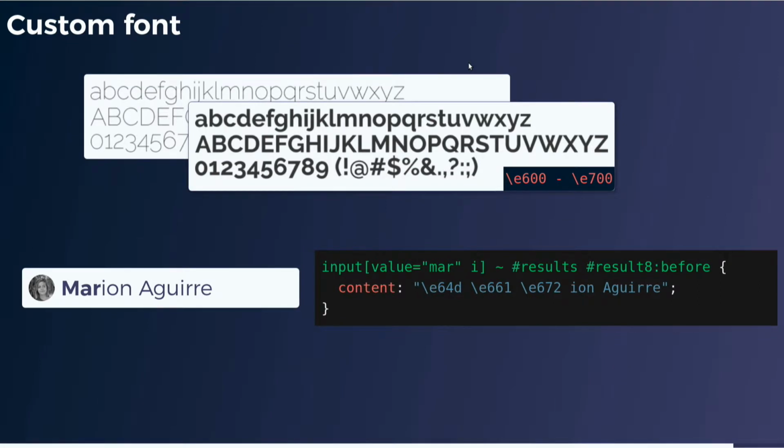It's a range of characters that are not used by any language. It's here so you can put your own custom glyph without overwriting any of the characters that could be used in another language. So what I did is I took all those custom glyphs that just happened to look exactly like the bolded version of what I needed into this area, and then I could reference them in CSS using their CSS code points. It's absolutely unreadable, but this first code point is a capital M, this is an a, and